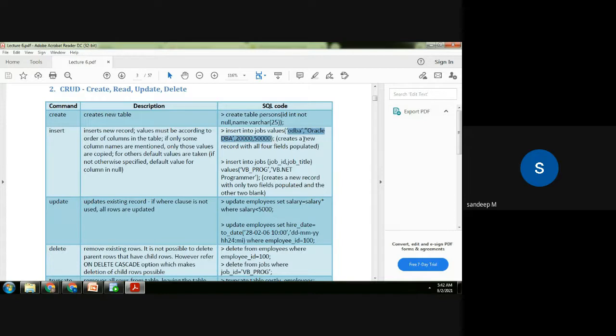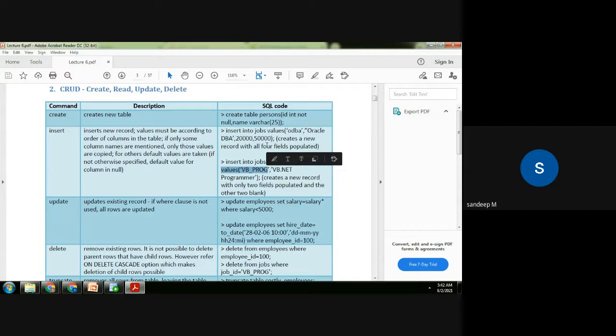So ODBA goes to job title, Oracle JB goes to job description, and then minimum salary and maximum salary, because you're giving all 4 values, you need not provide the names. But in case you provide only a couple of columns, then you have to tell which columns they are, so that Oracle can map them. So here we're inserting values for only 2 columns. That's why you have to mention the names of the columns: insert into jobs, the names of the columns, and then the values.